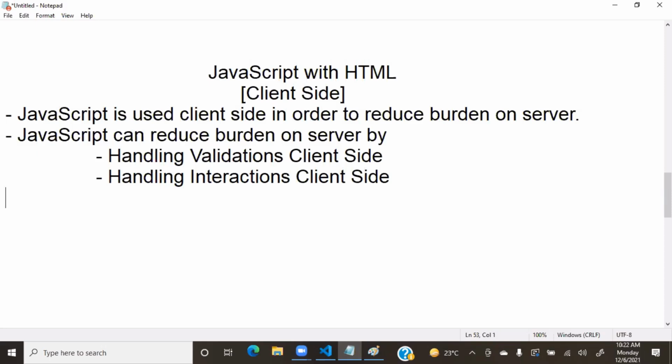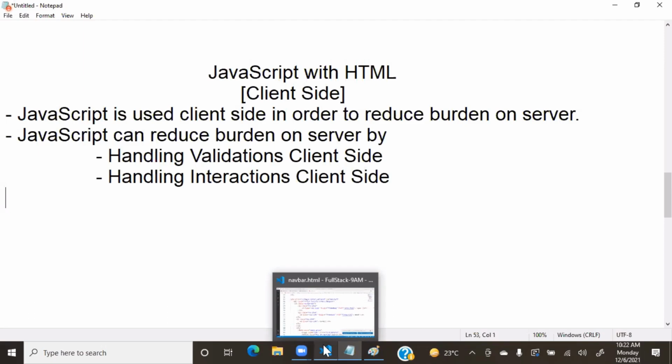Validation means, just now I showed you, verifying whether the value is correct or not. And interaction means, client side interaction is nothing but simple. For example,